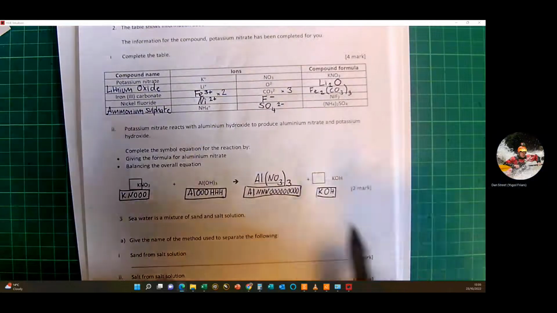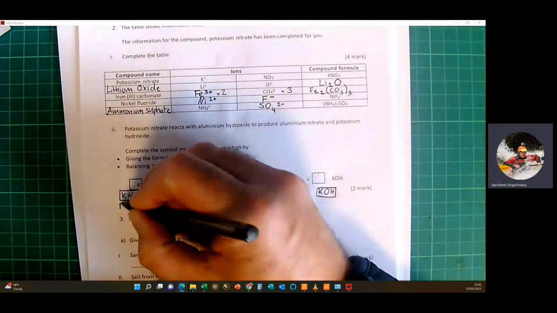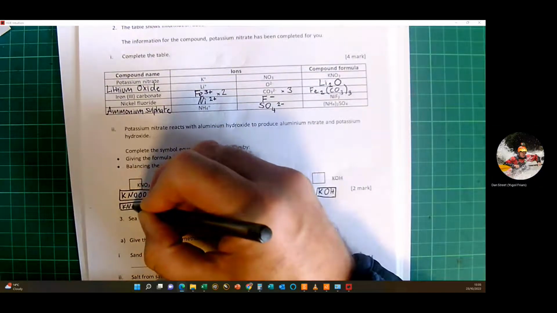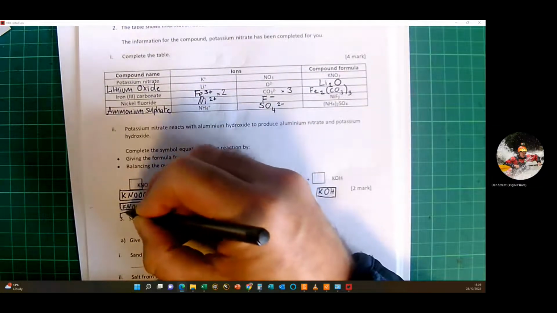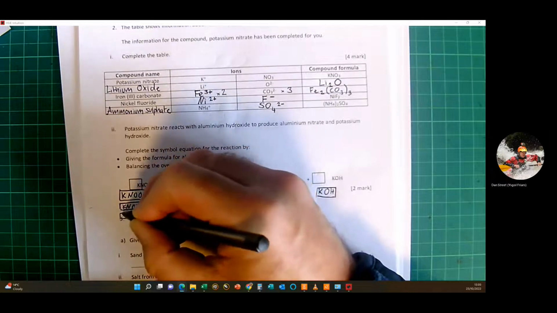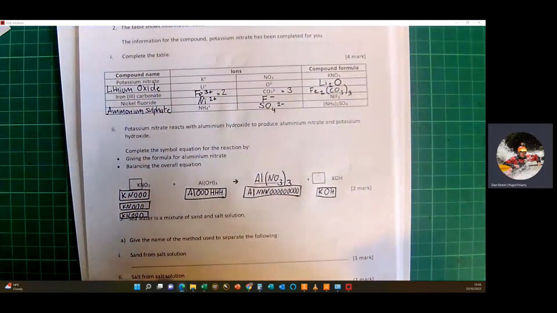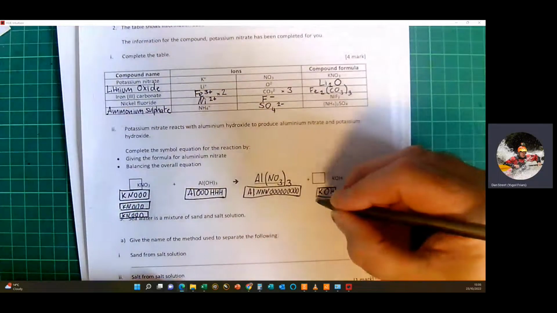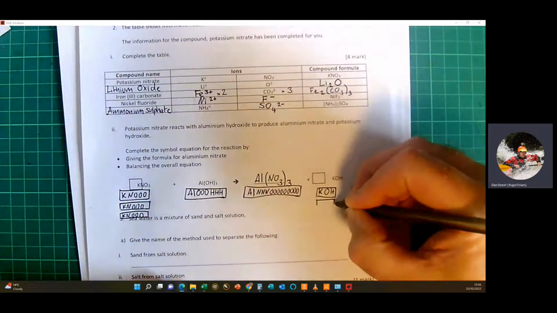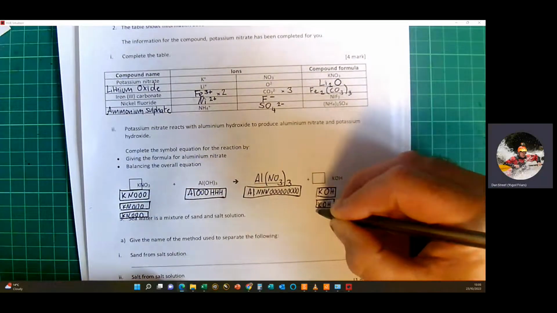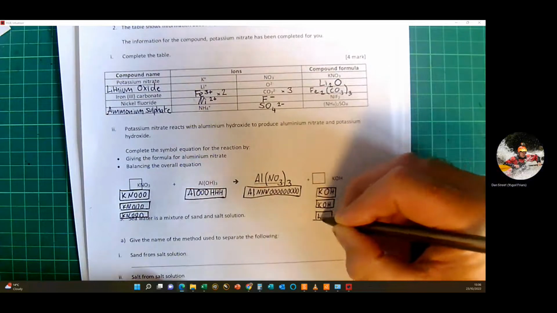So if we add another 2 KNO3s, okay, and if we add another 2 KOHs to match the Ks primarily, we will find actually that does balance